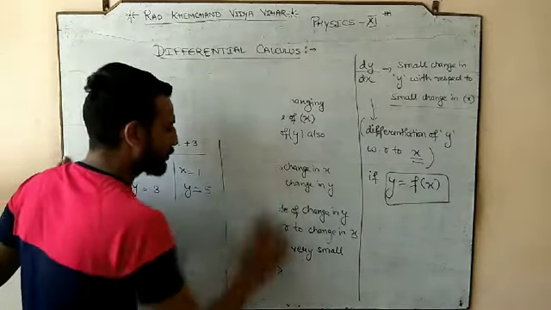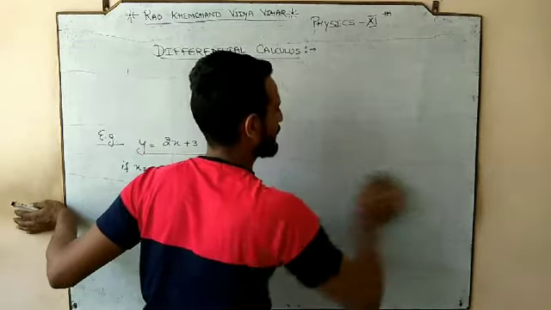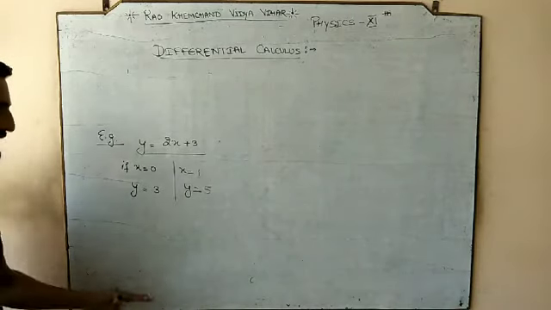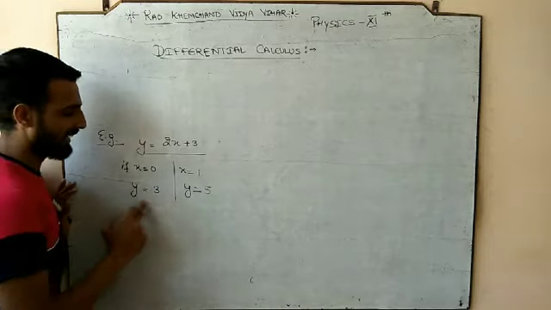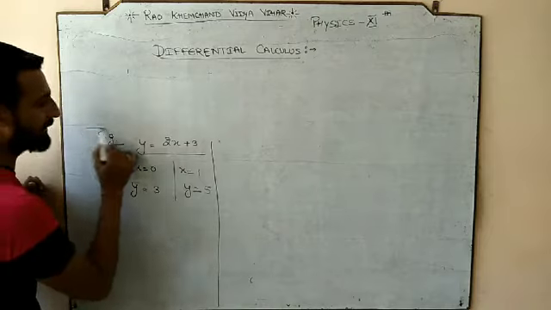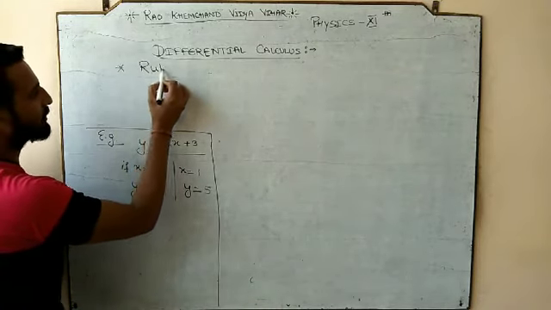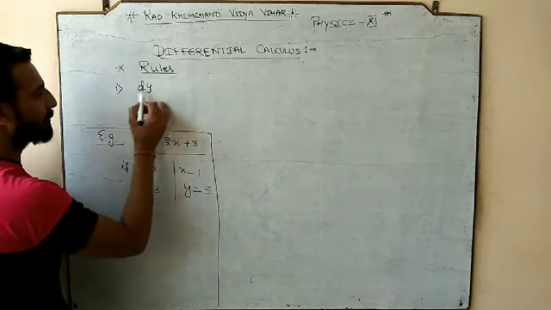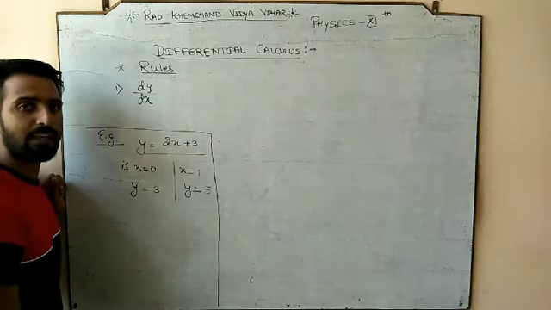So there are some rules that we are going to study about differentiation. Here I am not rubbing this example, because this was the example because of which I showed you that by changing x, y changes. But I will discuss how the rules are applicable to this example. Now we will first write down the rules. So rule number 1: dy by dx. We are going to find the differentiation of y with respect to x.